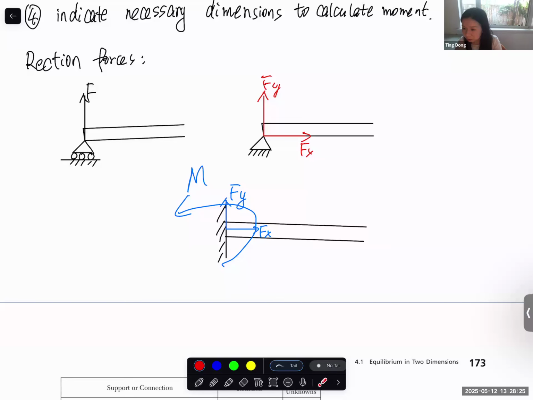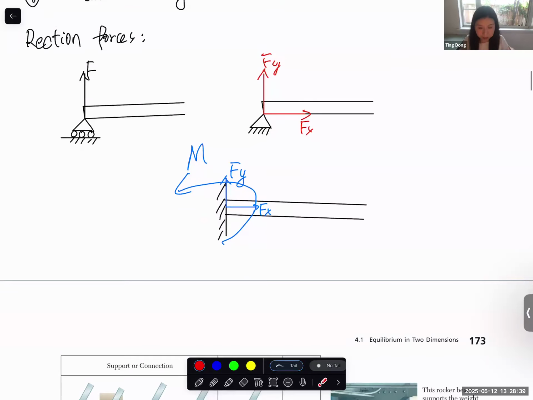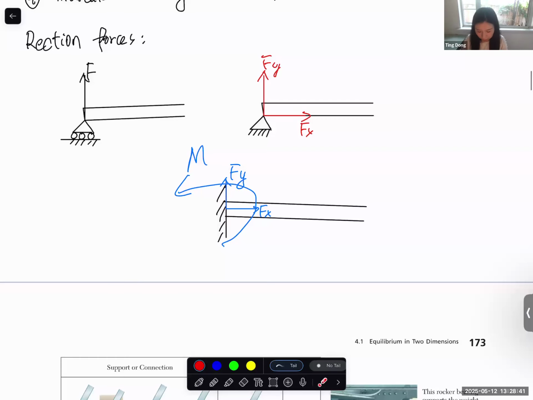Did I answer your question? I can talk about in detail later how to put the direction of the reaction force and reaction moment. So now these are the three commonly used